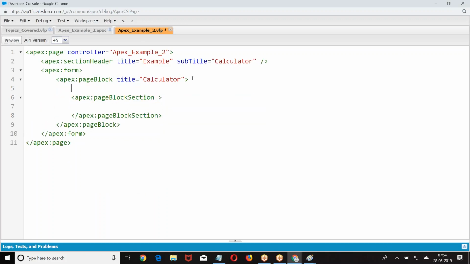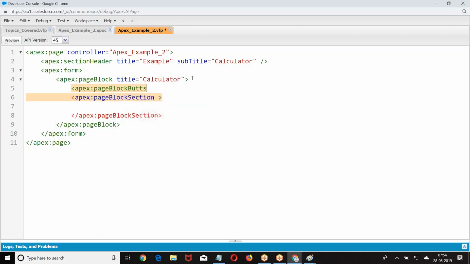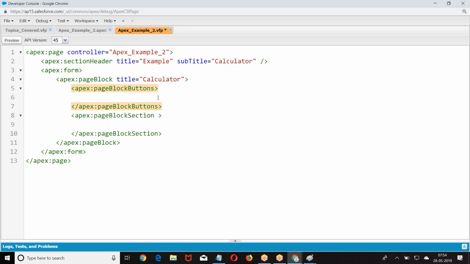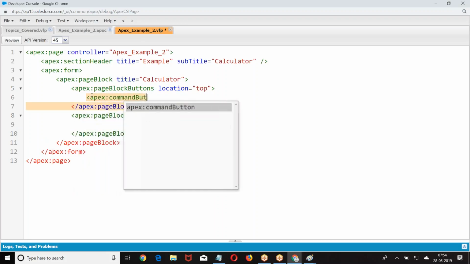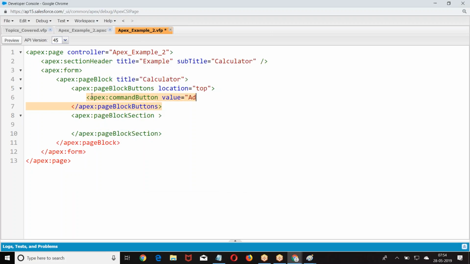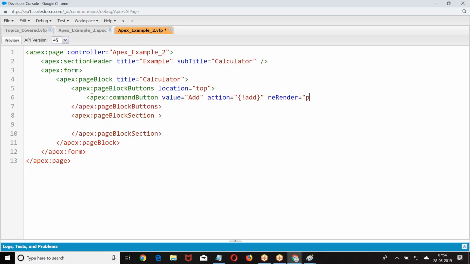At the same time, I need a page block, apex page block, location, apex command button, value equal to. I told re-render means reload only the element whose ID is given.